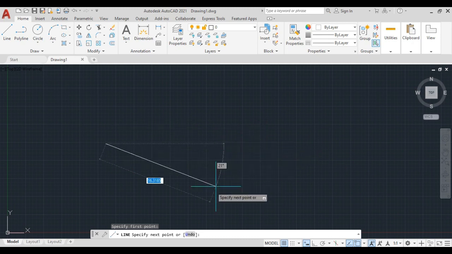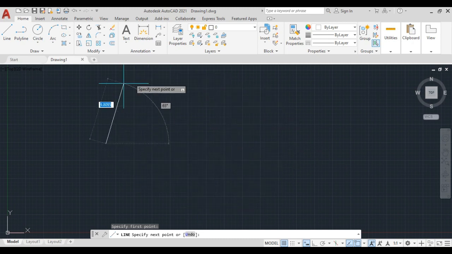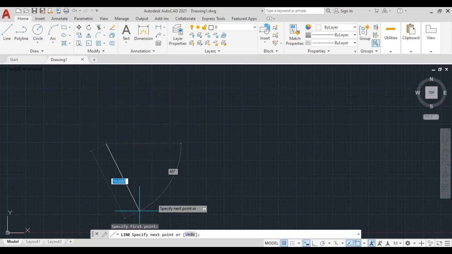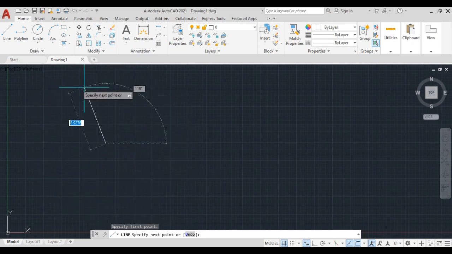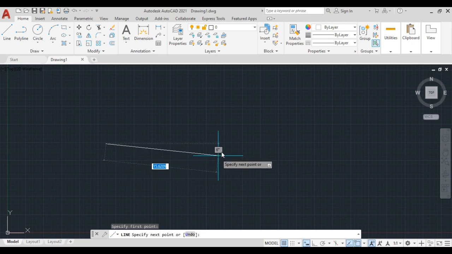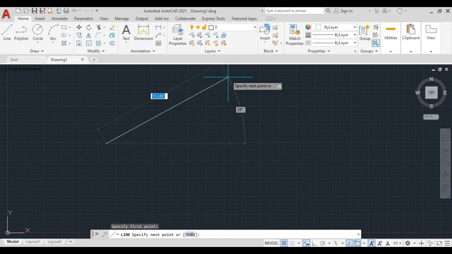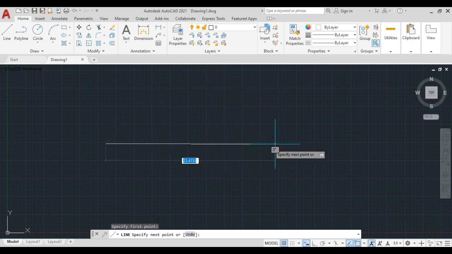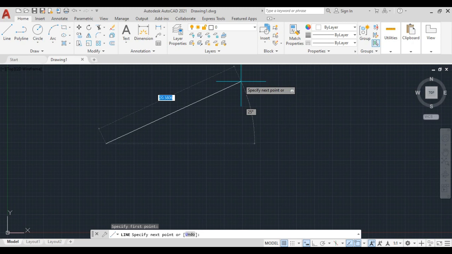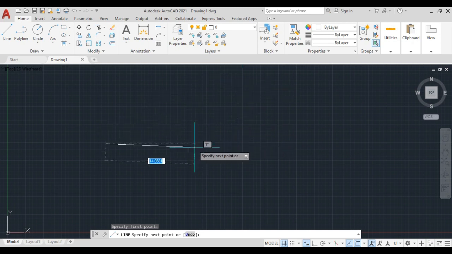You can see your line moving around anywhere. Wherever you move your cursor, your line will go to that particular angle or area.